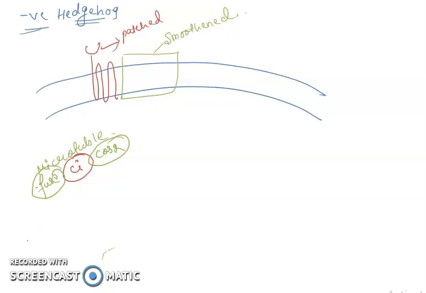There were other factors known as PKA and Slimb, which were inhibiting the Ci from performing its work. Now, in the absence of Hedgehog, the work of PKA and Slimb is to divide the Ci into two parts. Now the Ci, which is a transcription factor, will be divided into two parts, of which one part will act as a repressor.